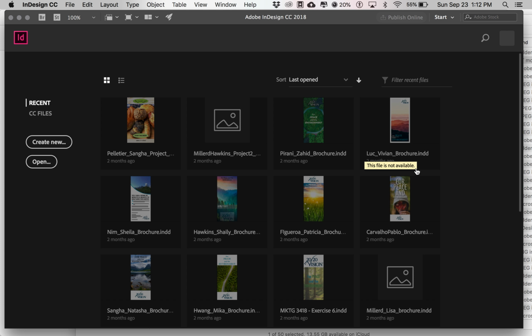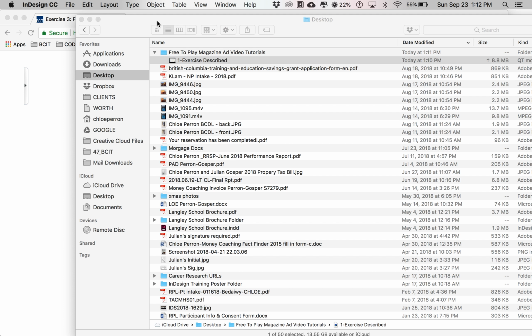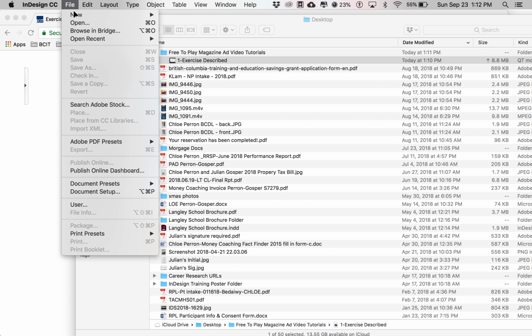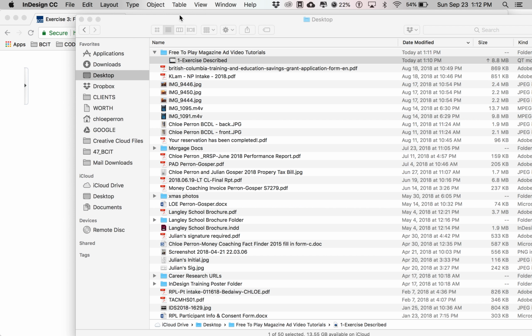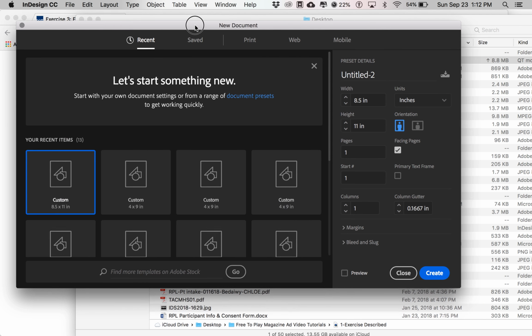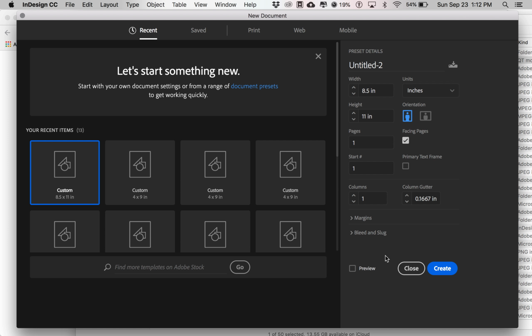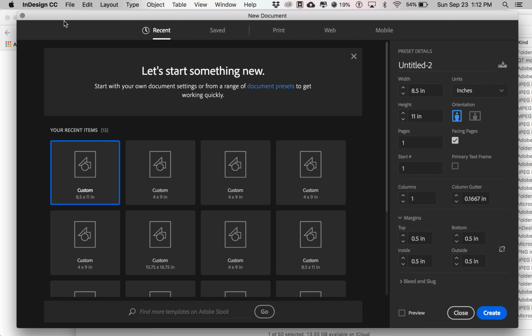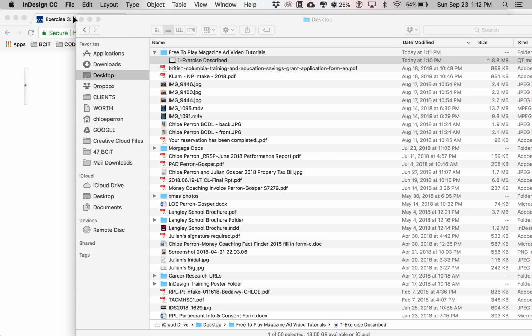simpler. But basically, once you open up InDesign, you should see, at least if you're in the newer versions of the application, you should see this window pop up. If it isn't popped up, it's okay. If it just looks like you have your file tab at the top here, don't worry. You can just go New Document, and another pop-up window will appear. But if I just quit it and I show you again, cancel that and quit InDesign,